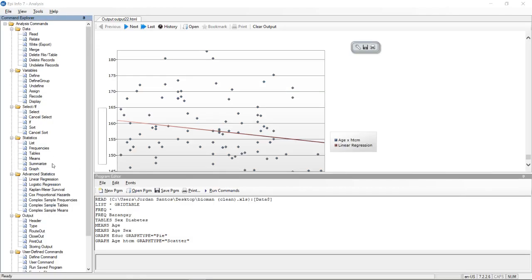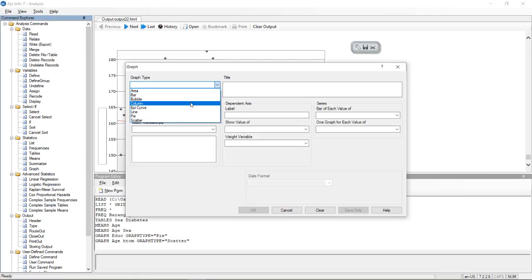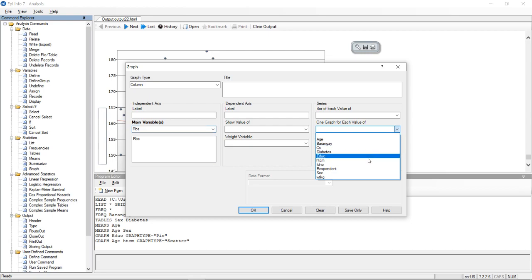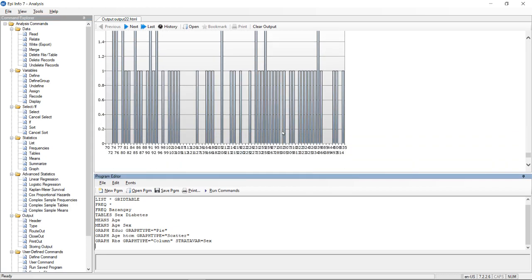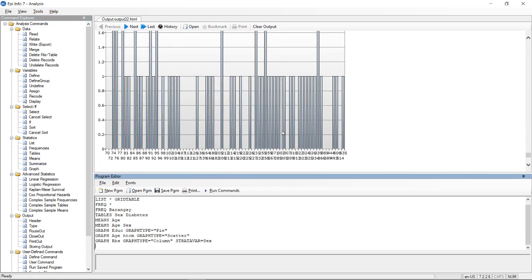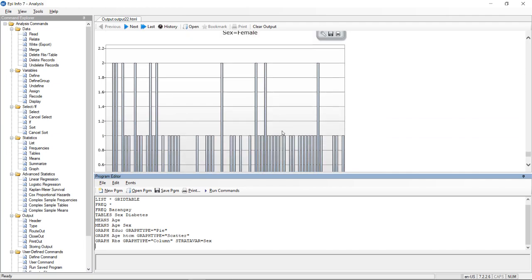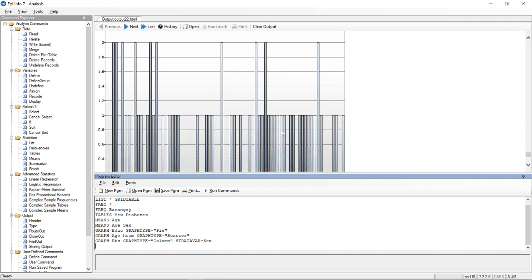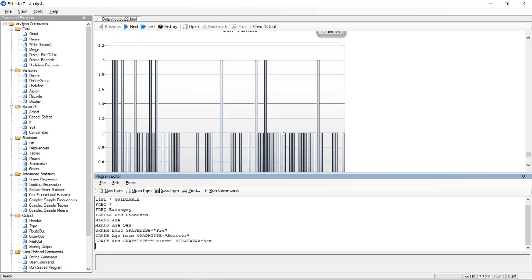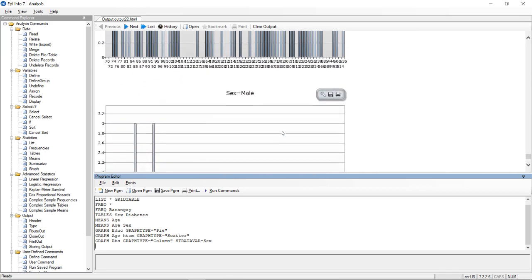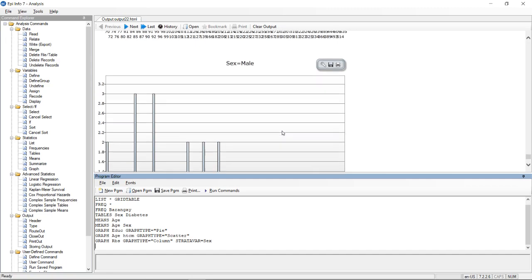So you click on graph, you click on column, you click on RBS, and then you click on sex here. And then you click on OK. As you can see, you should be able to output two graphs. You have one for males and one for females. So here, you are able to plot frequencies of the observations